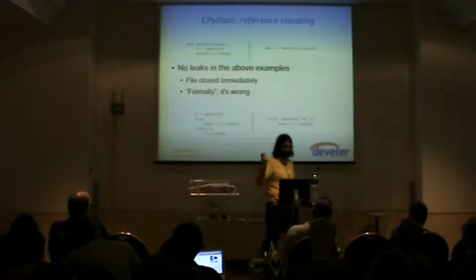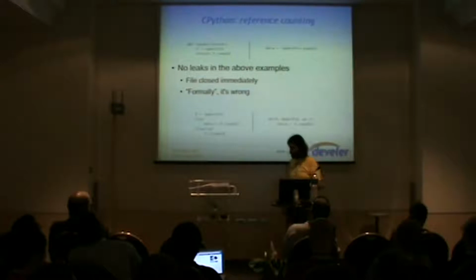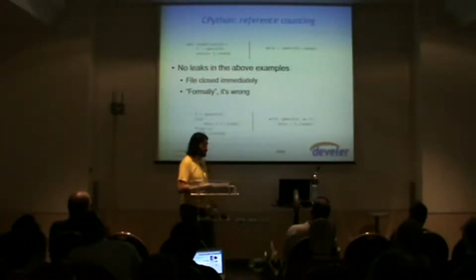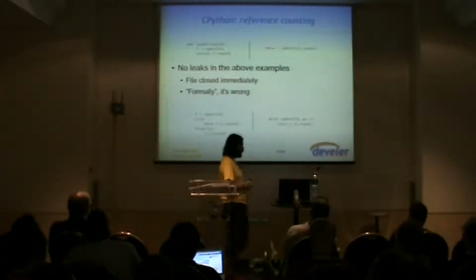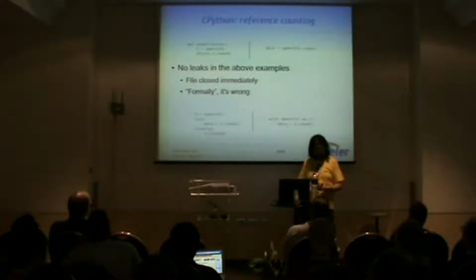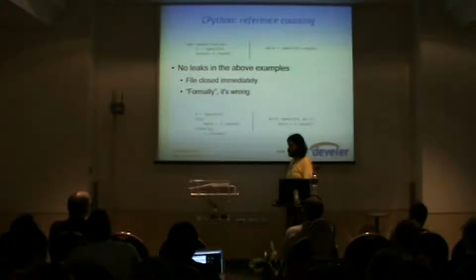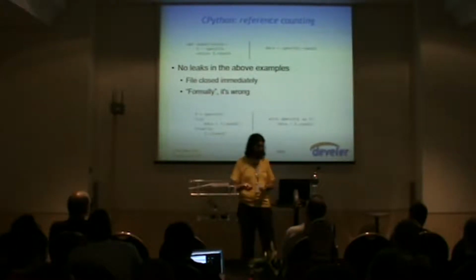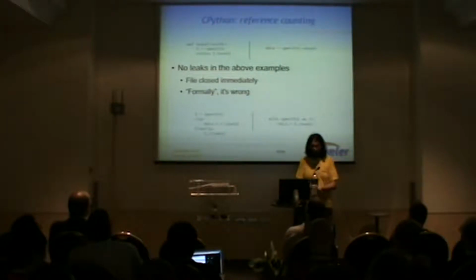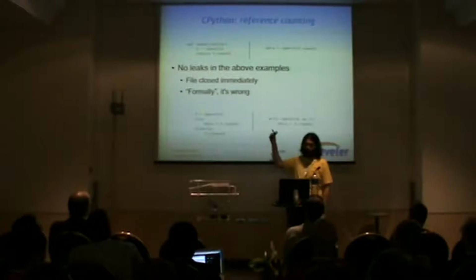So for instance, if you see the two code snippets above, that kind of coding style is not cross-Python compatible. It doesn't work on all Python implementations, but it works on CPython. In the first one, a read file, I open a file and then directly return the contents of the file. There is no close statement, but the file is closed immediately when the function exits.